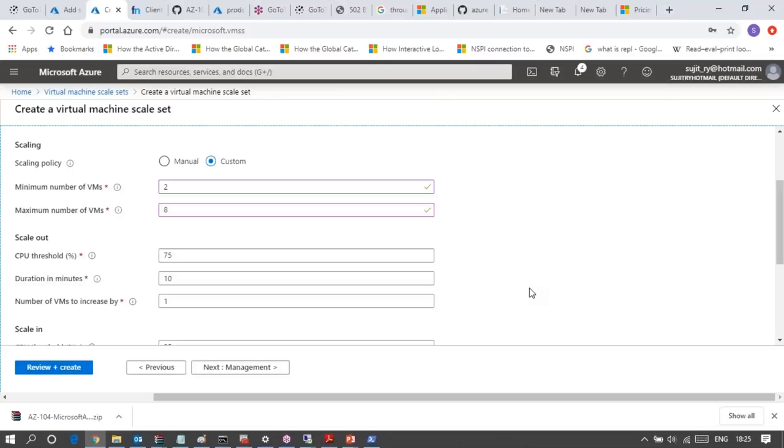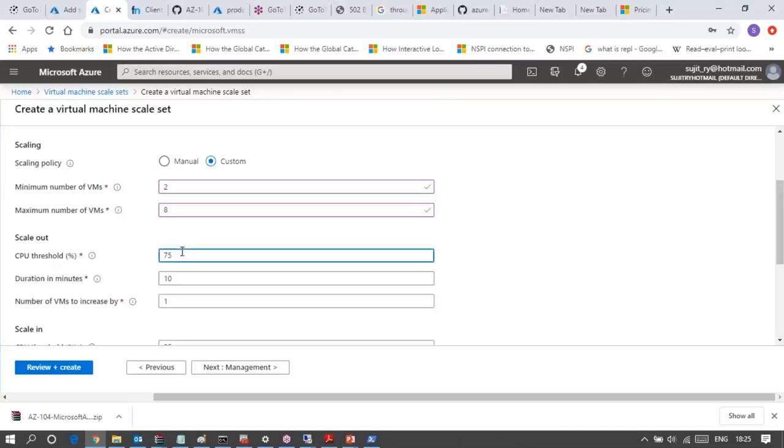Now scale out means increasing the instances. So it is saying, if your workload is higher, how is it? If all the existing virtual machines' CPU utilization is more than 75% for a particular time period, we will see that duration in minutes, 10 minutes. So for 10 minutes, if all the existing VMs' CPU utilization on average is more than or equal to 75%, then the VM instances will be increasing, right?